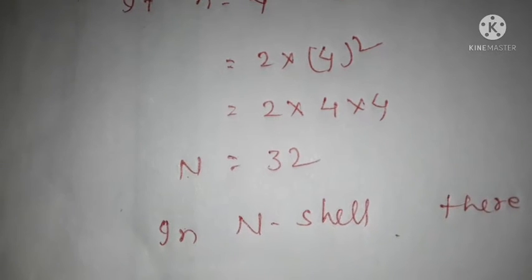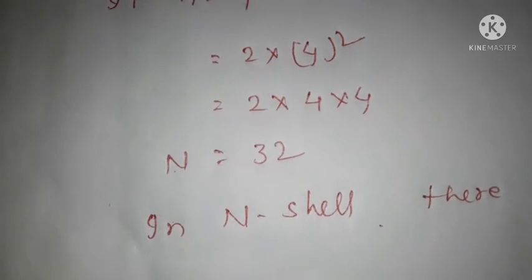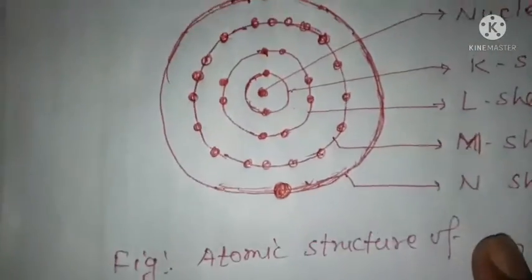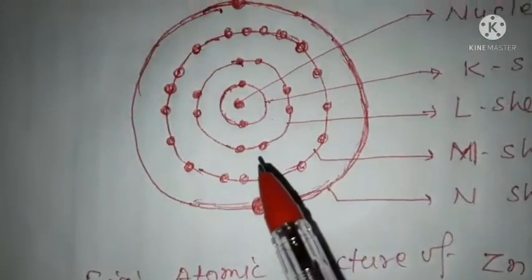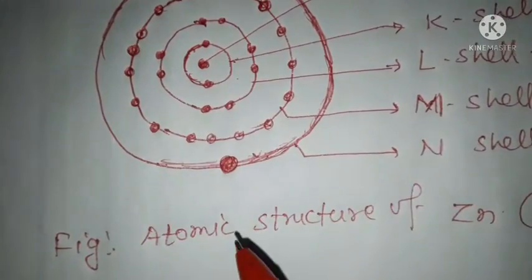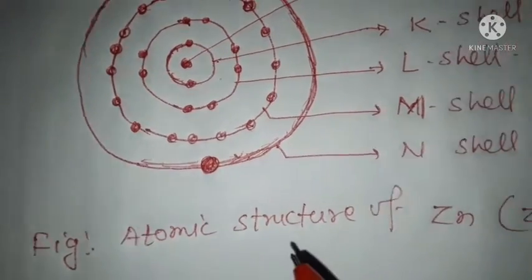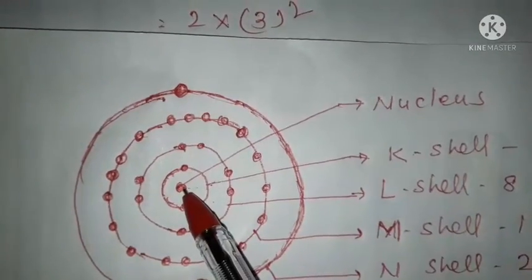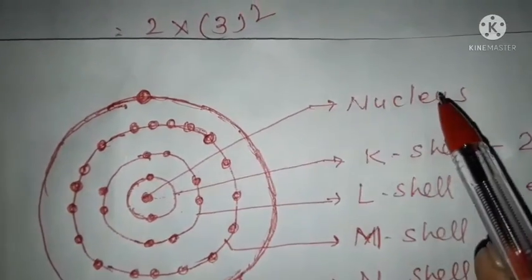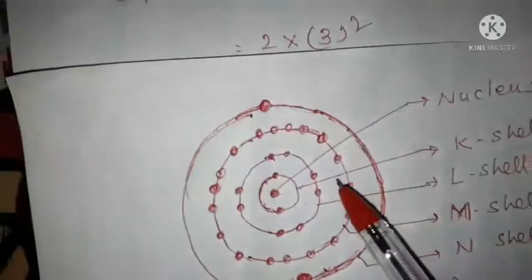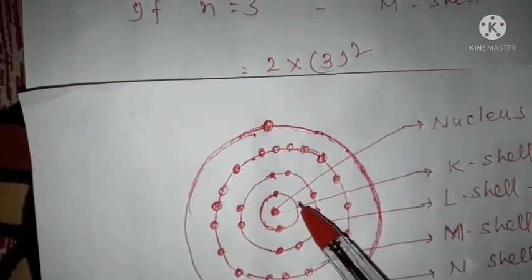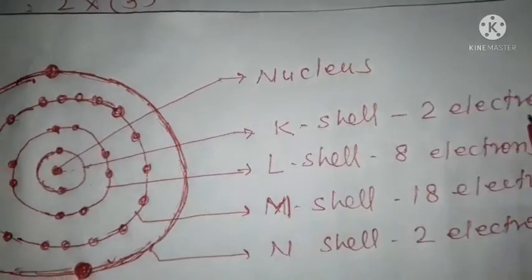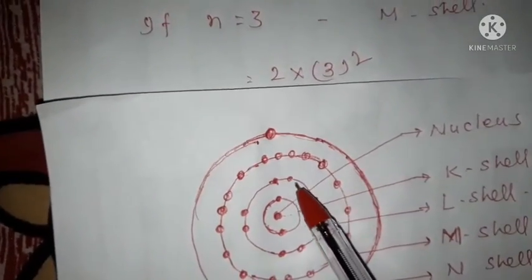In this way, the number of electrons in various cells, and now we will show it by forming a structure figure, the atomic structure of zinc. You see that this is the structure of zinc. This point is known as nucleus, and first innermost cells, which is known as K cells, in which 2 electrons are present,